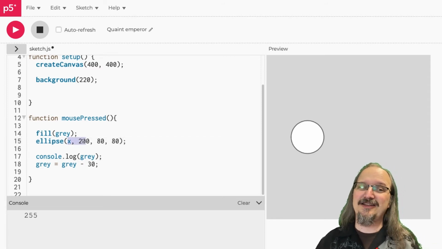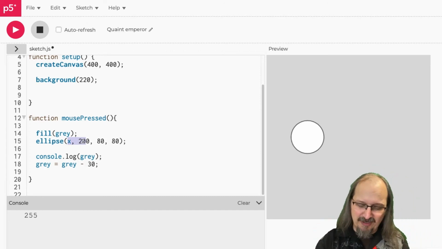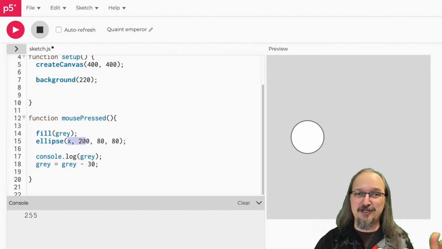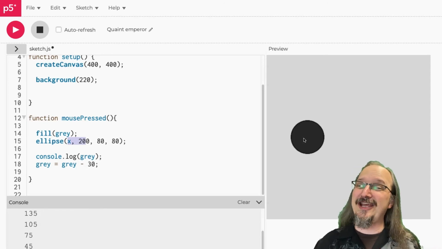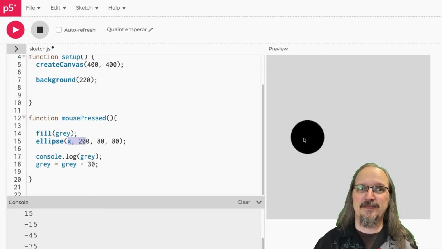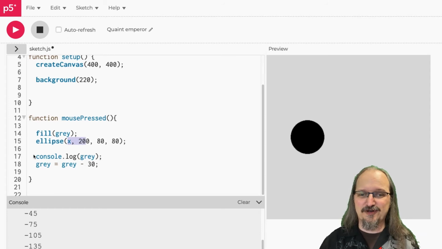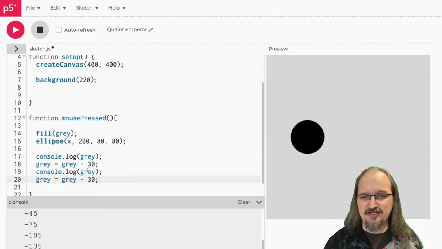Well, again, when we got to this, it looked in the cup and said, oh, on the cup labeled x, there's a 100, so I'm going to use 100. And then when I click again, it just changes shade. I don't have anything that's changing the value of x, do I? So just like I did for gray, I could do for x. So I'm going to copy these two lines, and I'm going to change this to x. And so now when I run it,